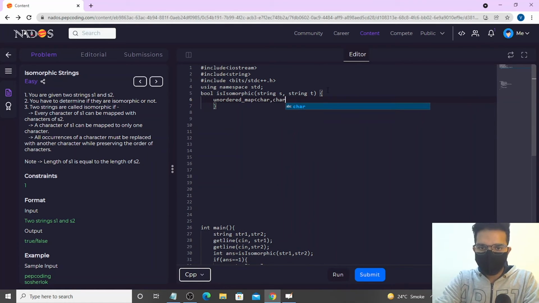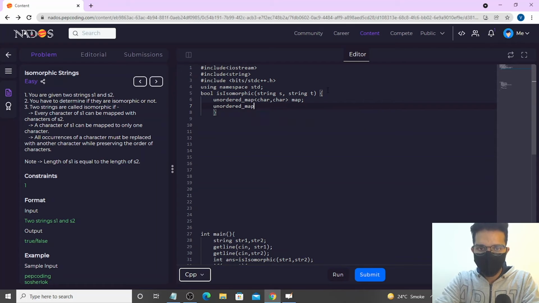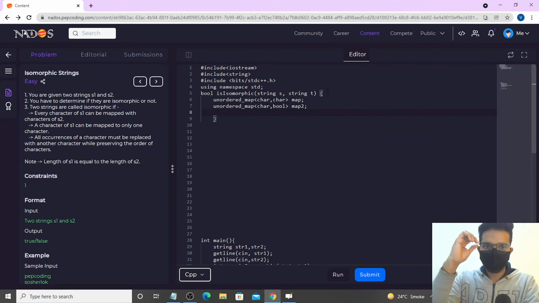The first is of character and character. I'm going to call it map. The second unordered map will store a character of the second string and a boolean, whether we have used it or not. I'm going to call it map2. Now that we know the length of both strings is equal, as mentioned here,